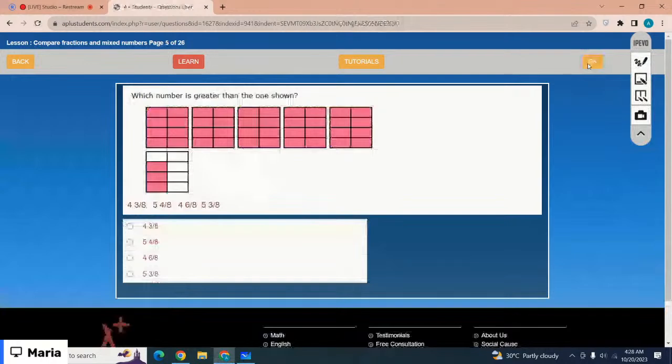Which number is greater than the one shown? The number that is shown is 5 whole 3 over 8. Yes, that is 5 whole 4 over 8. The correct option is